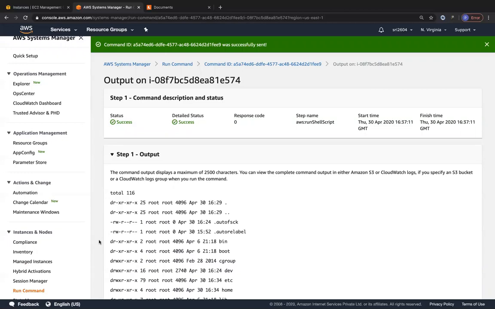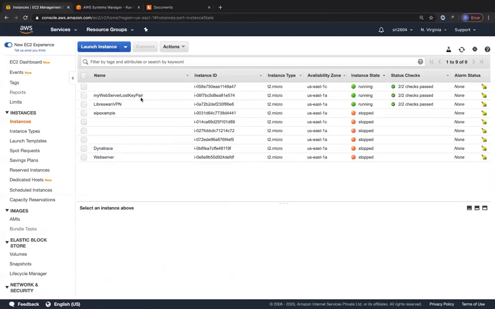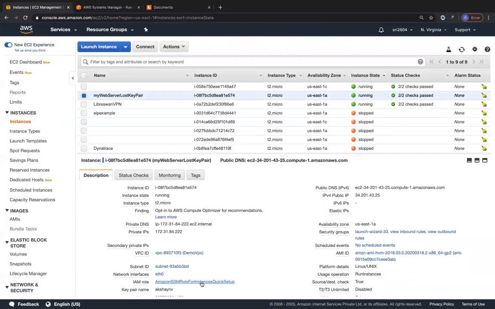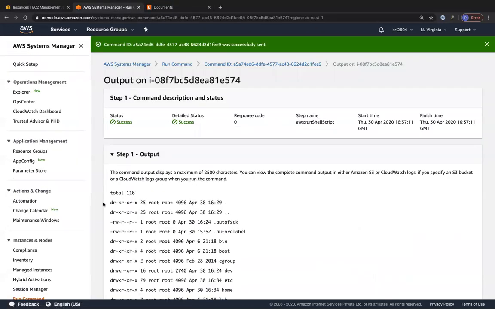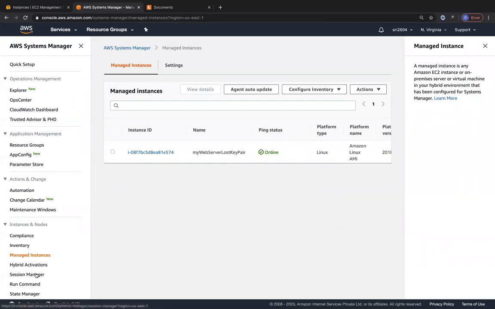So I hope you got a hang of it now that we saw only two properties over here. One is SSHing into the EC2 instance using a browser-based SSH session. For setting up all of these, the prerequisite was that you have to set up Systems Manager first for a targeted set of instances. Once it has installed and run the SSM agent, you have to modify your IAM role to reflect the Systems Manager created role. Once you have attached that IAM role, you'll have to wait for a second or two for it to be picked up as a managed instance. Once it's picked up as a managed instance, you will be able to use Session Manager or Run Command and so on. You can also see the inventory, if there are any applications that you're running.